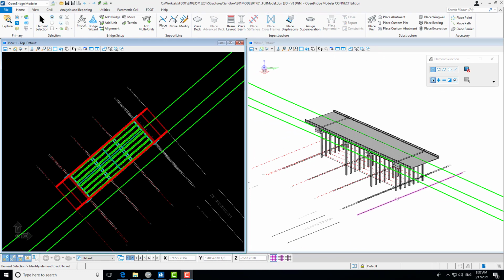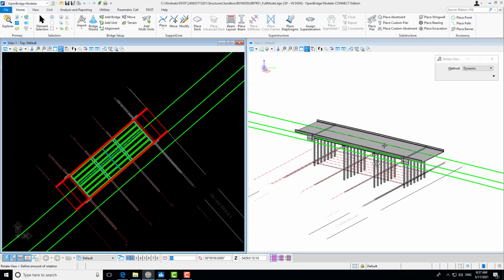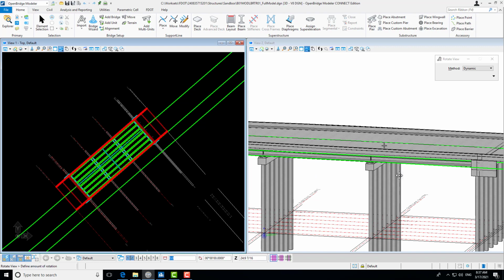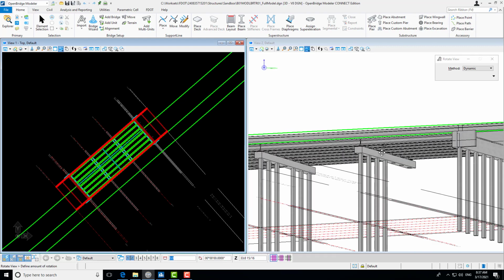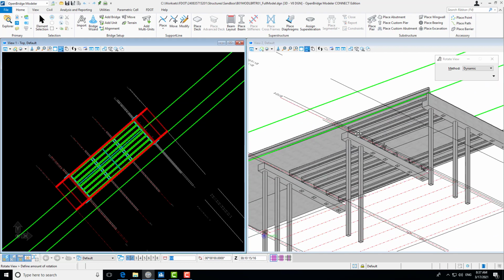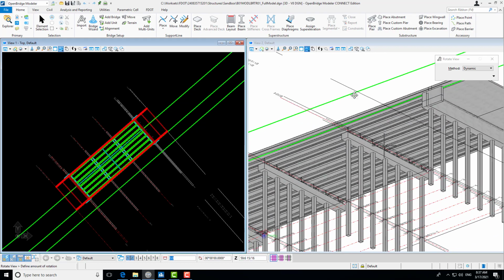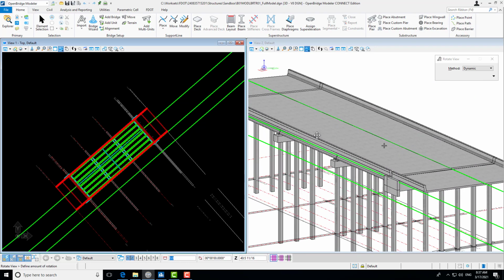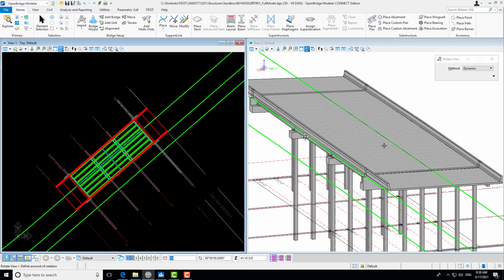So before we get into our exercise 5.1, our first exercise in Chapter 5, I did want to take a minute to show you the model that we'll be creating here of this structure in the following series of videos. So you can see it's a fairly typical 3-span structure on pile end bents here, pre-stressed girder structure. So this is, again, the structure that we'll be creating in these series of videos. This is the model that we'll be using through this training manual video for the rest of the sections and the rest of the exercises.